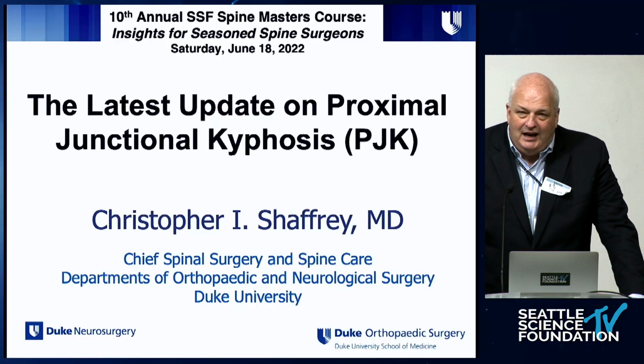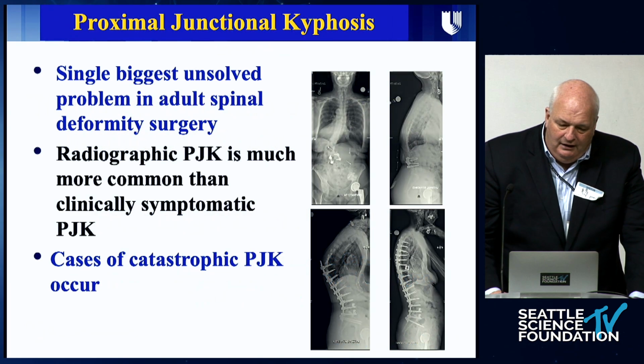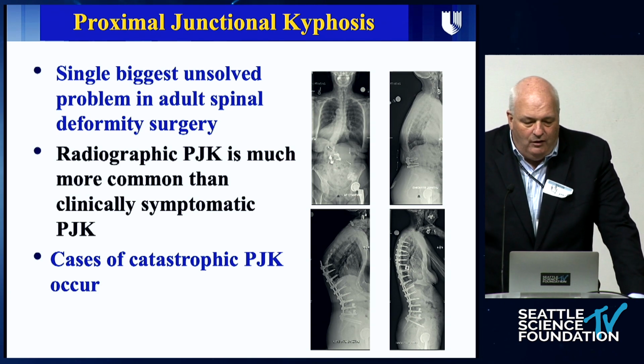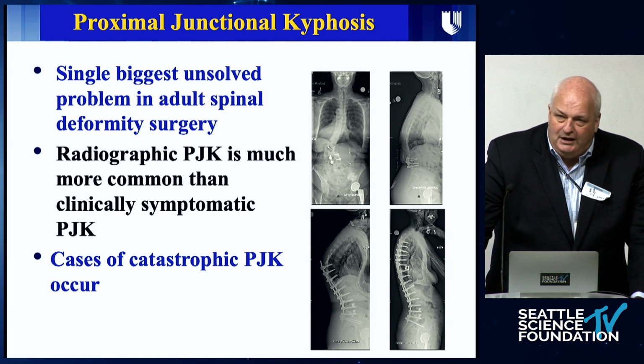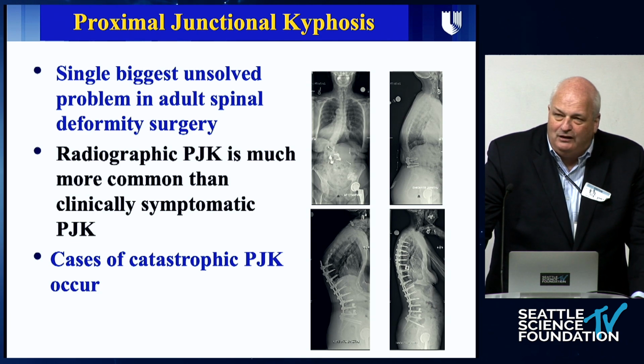And this is a problem that has bedeviled me since I started doing adult deformity surgery. I said this on a podium about 5 years ago, and people continue to quote it, but I do think it's the single biggest unsolved problem in adult deformity surgery. If you do this, you are going to have this problem, okay? And I think there are very few of us who don't have somebody that's fused from the upper cervical spine or the occiput to the pelvis due to recurrent